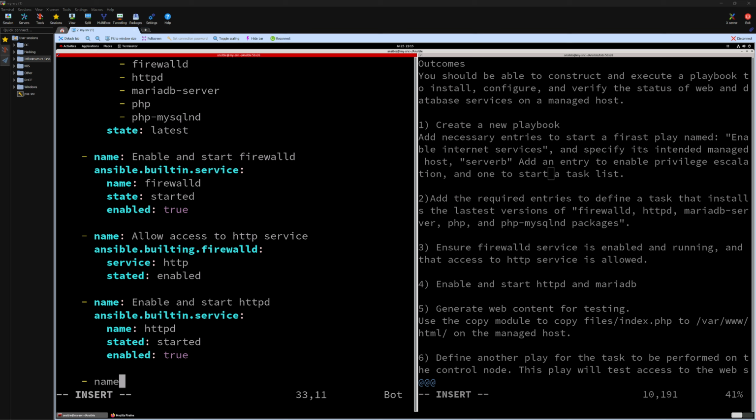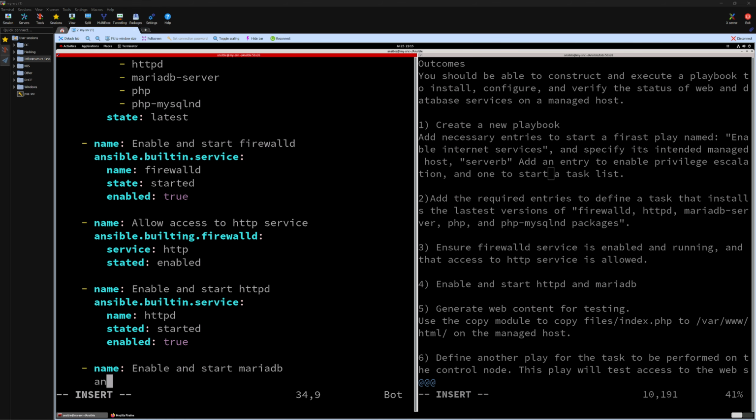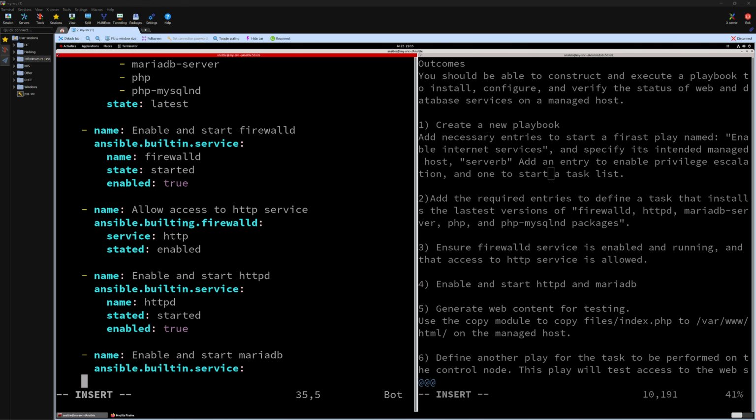and we'll do the same for, which one is it? MariaDB. Enable and start MariaDB. Ansible built-in service MariaDB